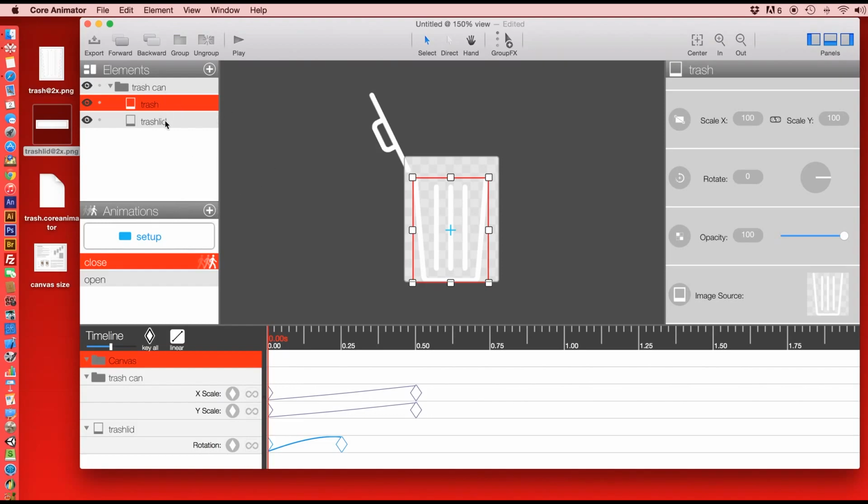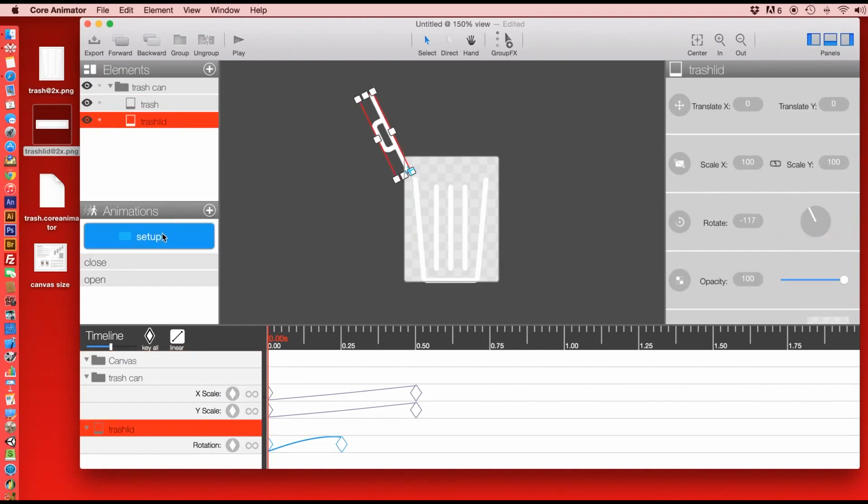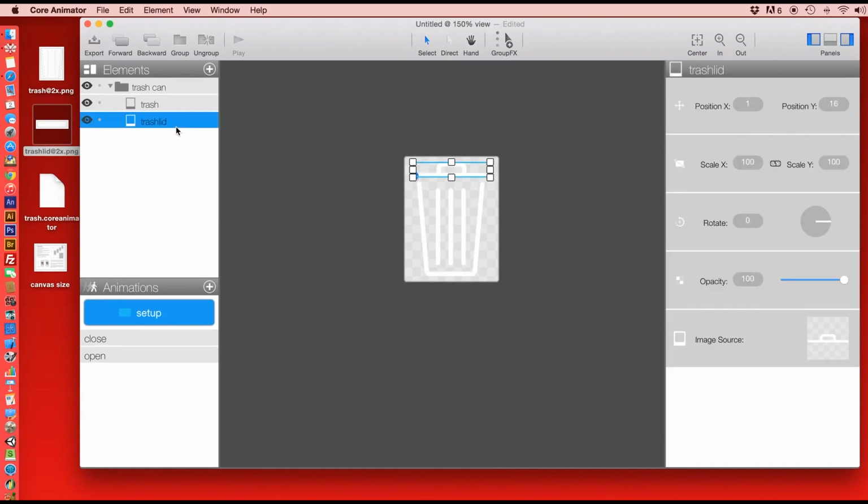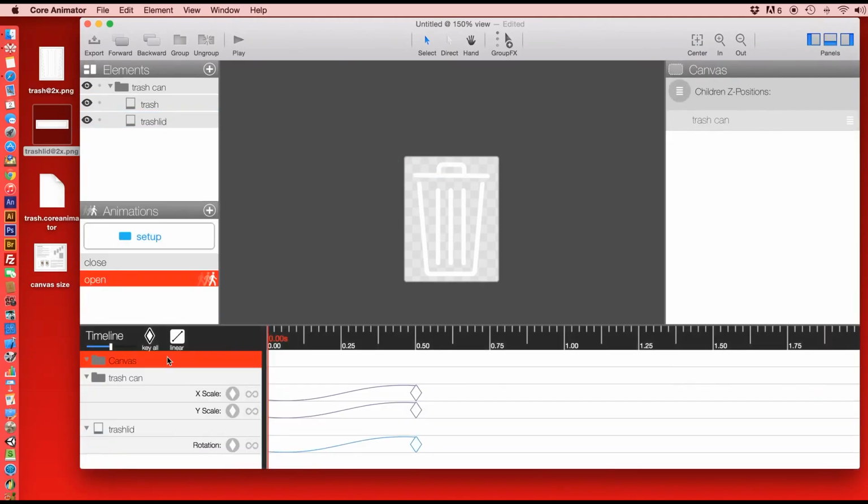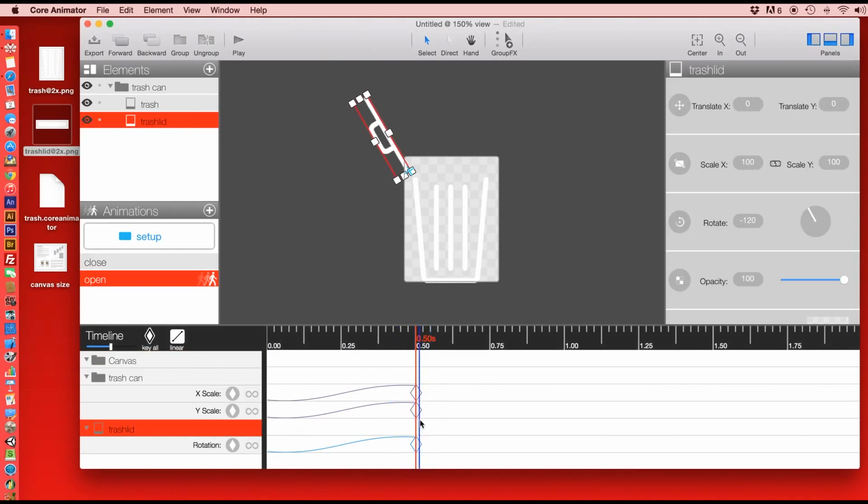We set up our anchor points in the setup mode, and we define the initial global state of all the elements in setup mode. Then we created some animations and moved the playhead over time, changed properties over time, and those automatically get keyed. We talked about easing styles,